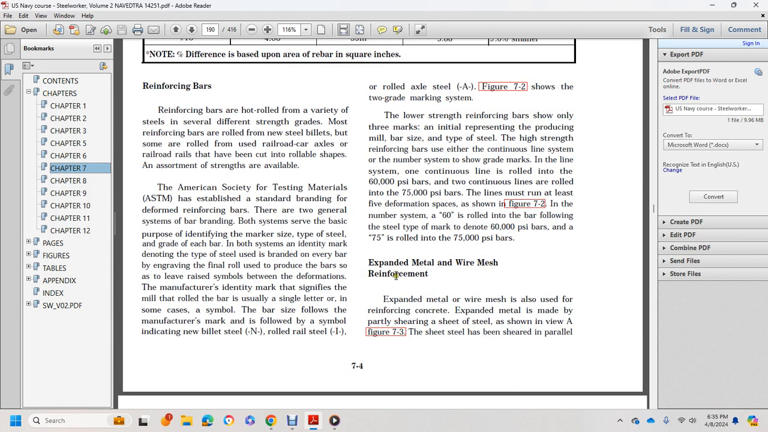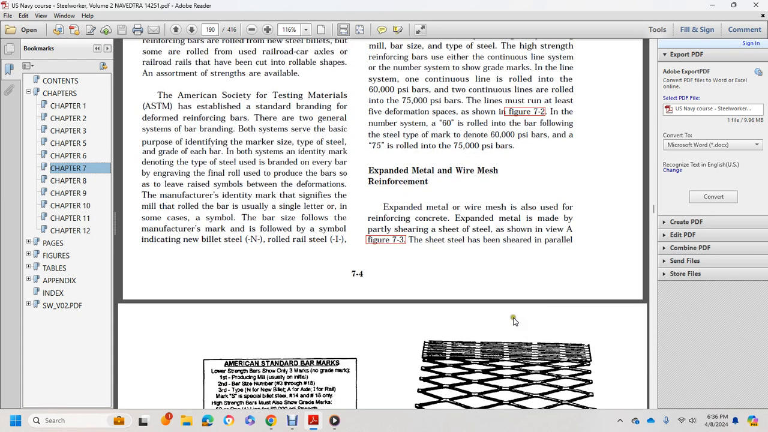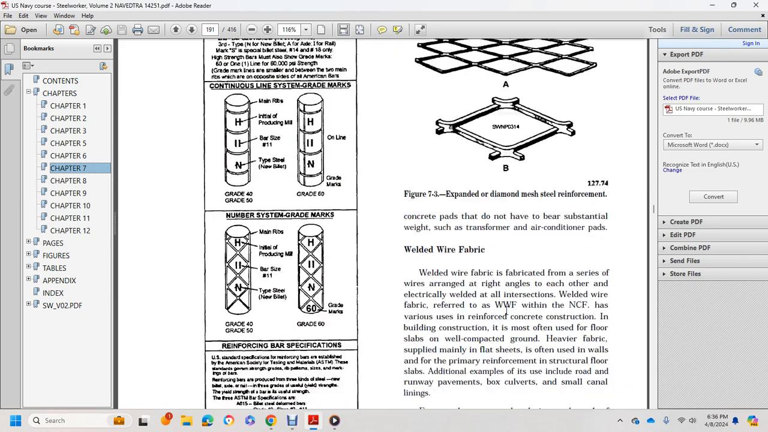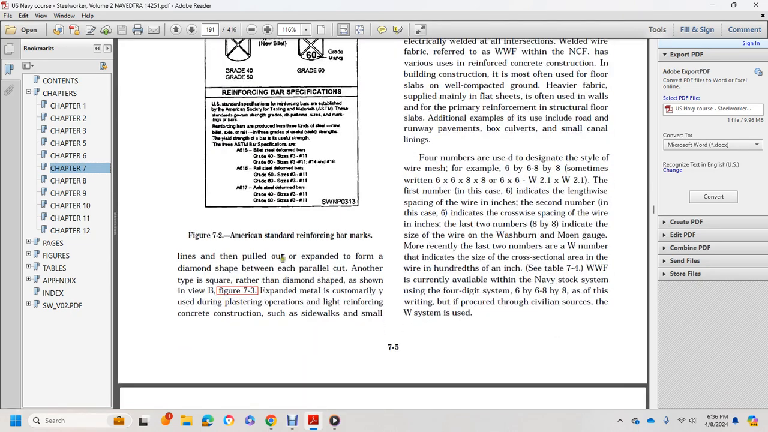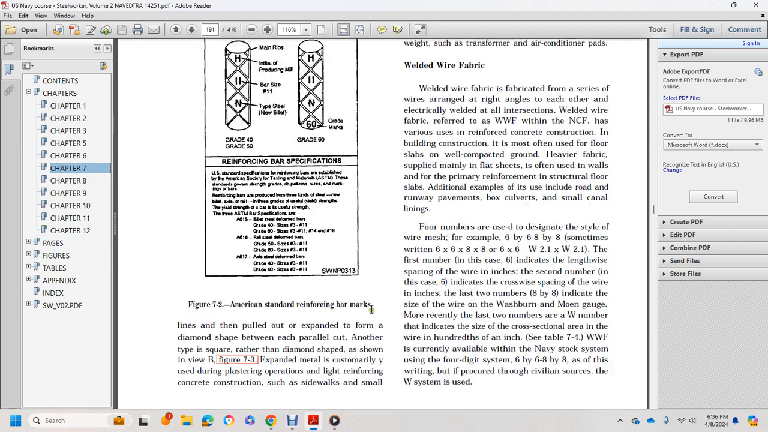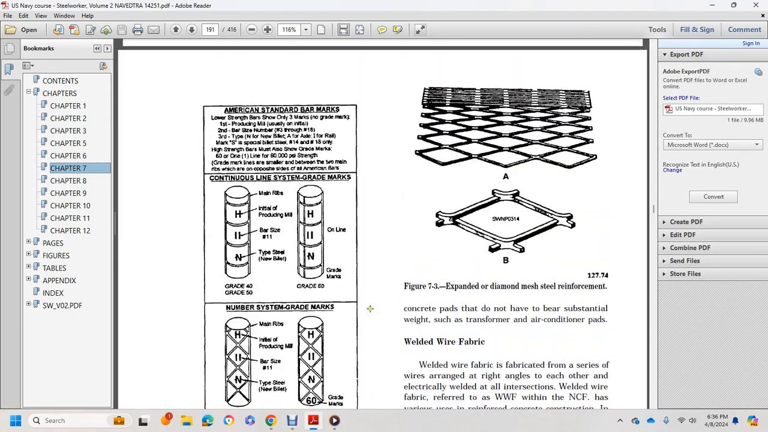Expanded metal and wire mesh reinforcement. Expanded metal and wire mesh are used with reinforced concrete. Expanded metal is made by partially shearing a sheet of metal, shown in view A, figure 7.3. The sheet metal has been sheared in parallel lines, then pulled out and expanded, forming a diamond shape between each of the parallel cuts. Expanded metal is customarily used in light reinforcing construction, concrete such as sidewalks and small